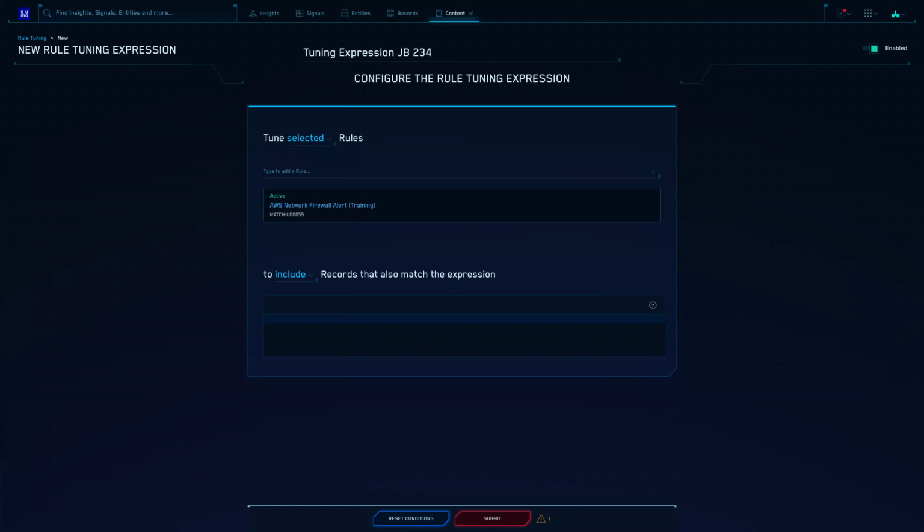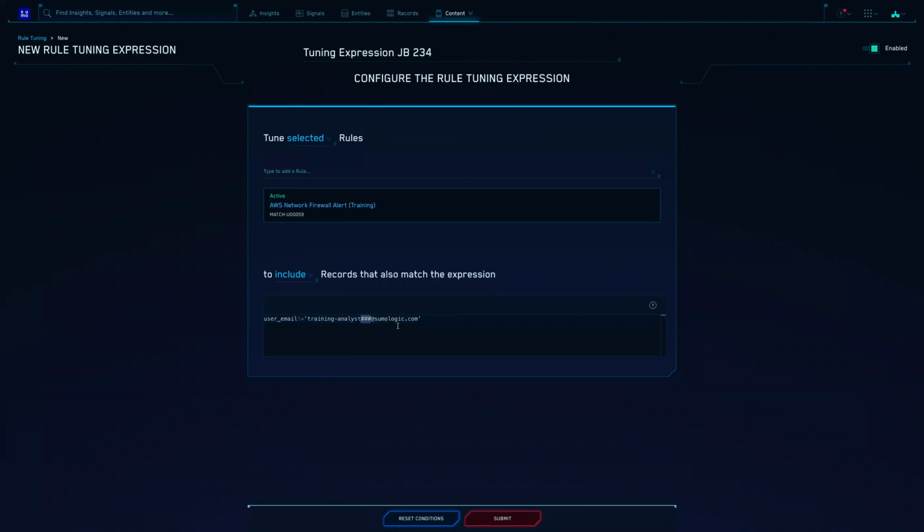For our rule tuning expression, we're going to provide our user email for the training analyst number. So I'm going to copy that from the PDF. I need to do a few things here.